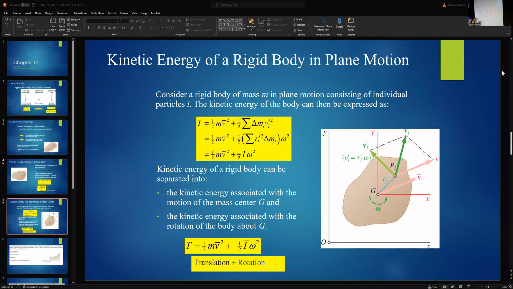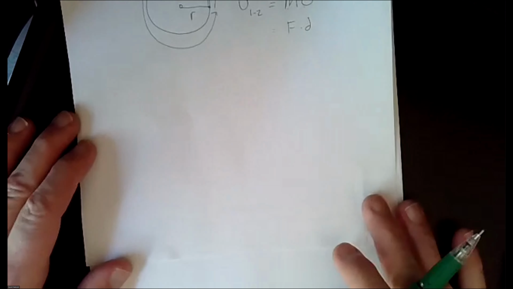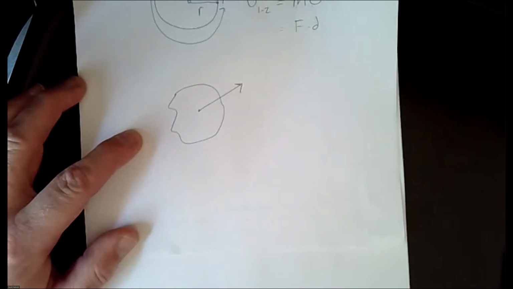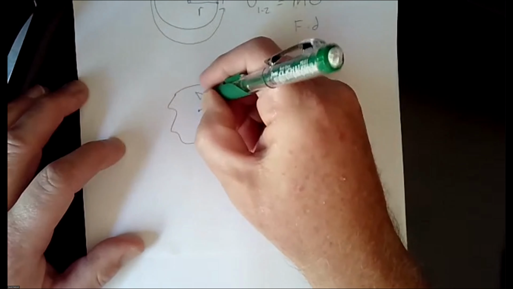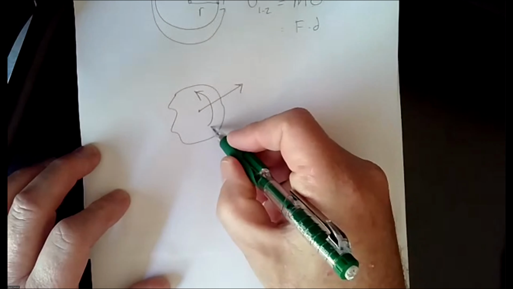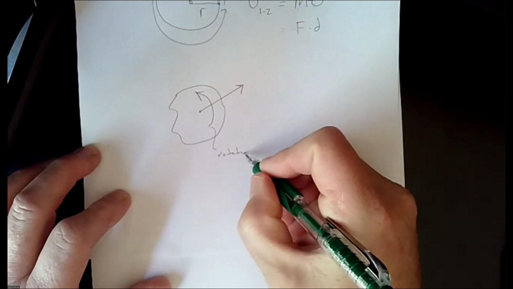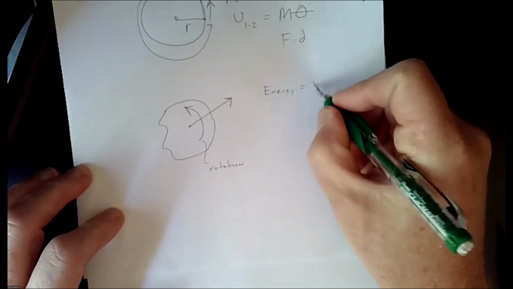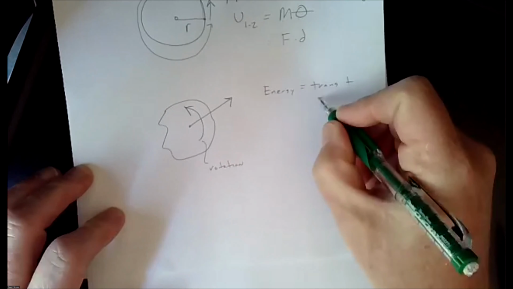So if we were to say, for example, that we have our blob and it's moving through space, but it's also rotating, then it's not enough; the energy has to be described by the rotation. So energy equals the translation plus the rotation,